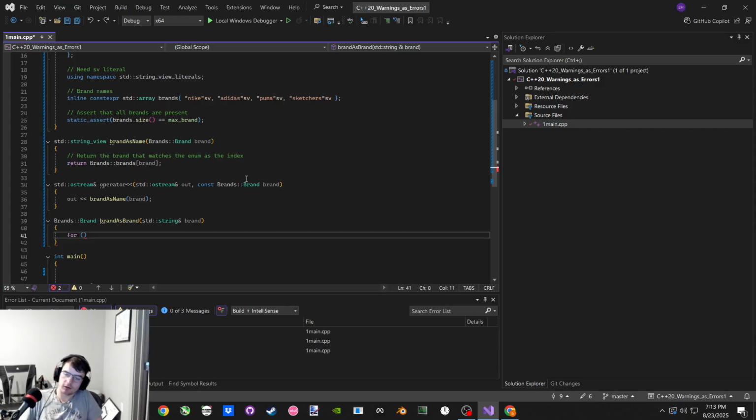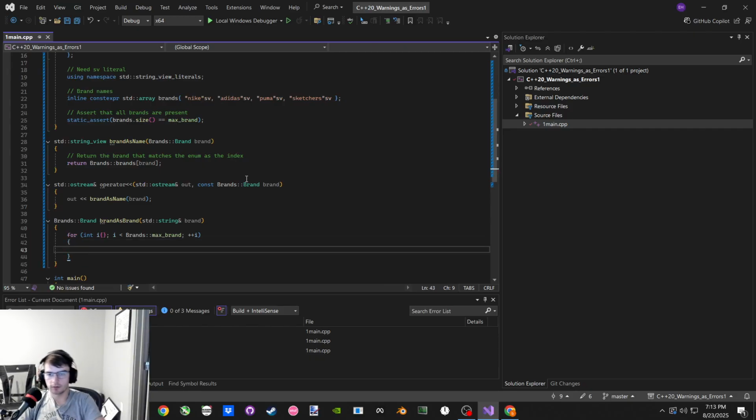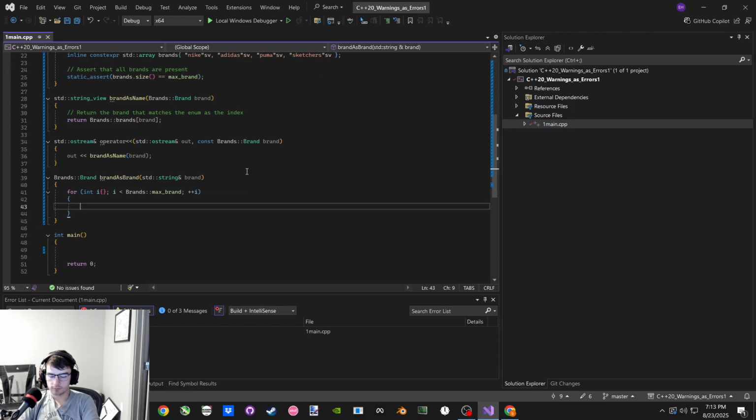I mean, before we would just do an if, but this time we could just do a loop. All right, and that's the point. So instead of having to add extra shit, we just loop. So okay, we'll say for int I, sure, I is less than brand's max brand, increment I, and we'll say if brand is equal to brands data at that index,